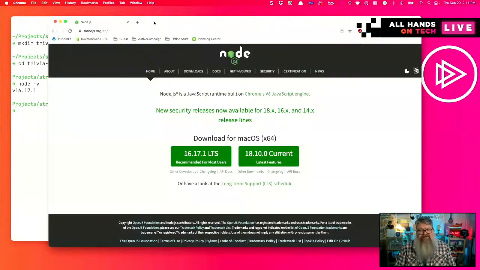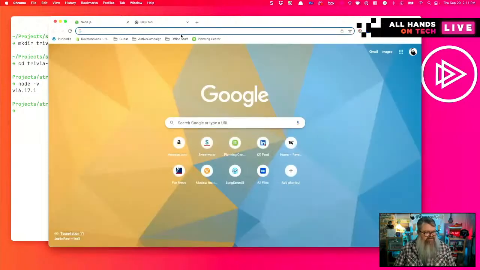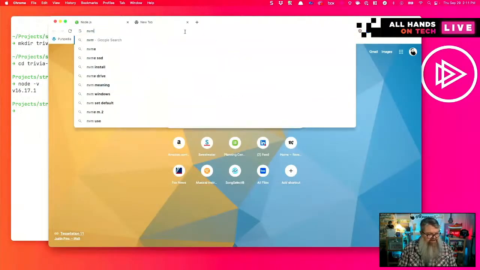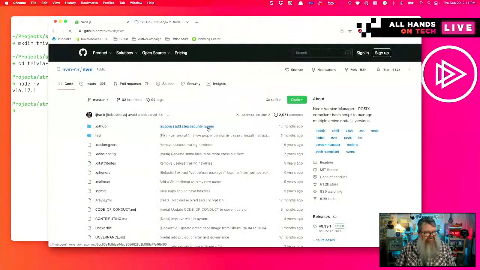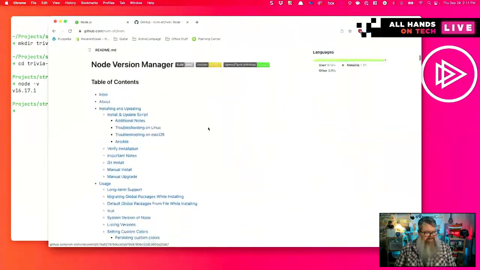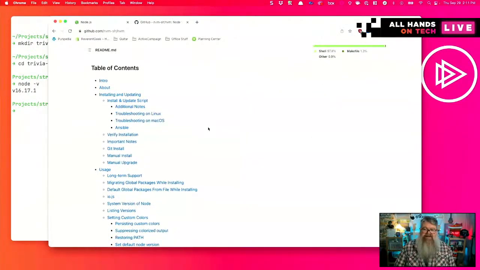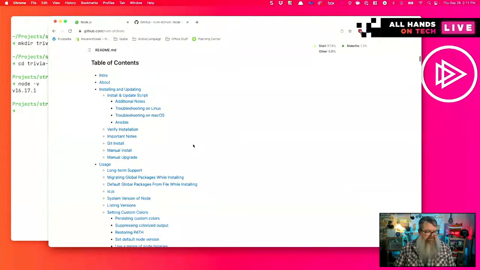If you're running on Linux, Mac, or if you're using the Linux subsystem on Windows, I highly recommend that you get NVM. NVM is the Node version manager, and it allows you to install and switch between multiple versions of Node. It makes it really easy to maintain your version of Node.